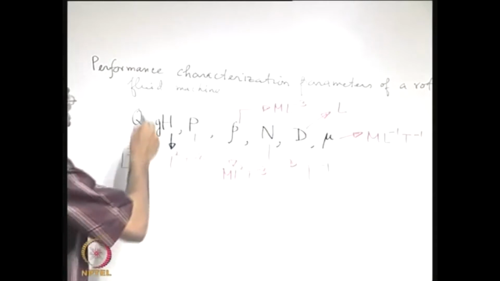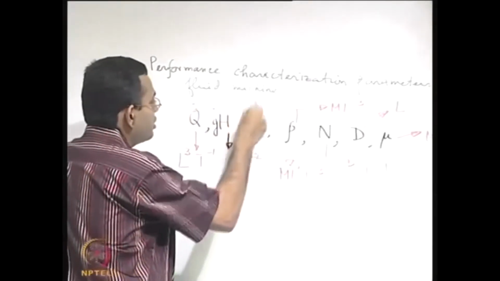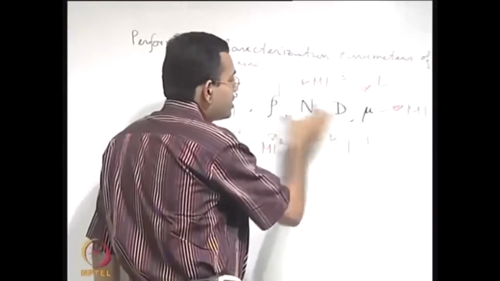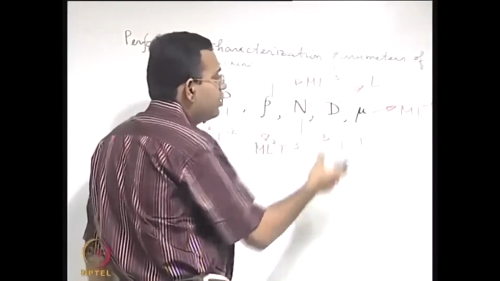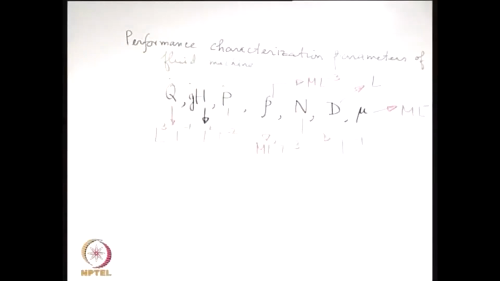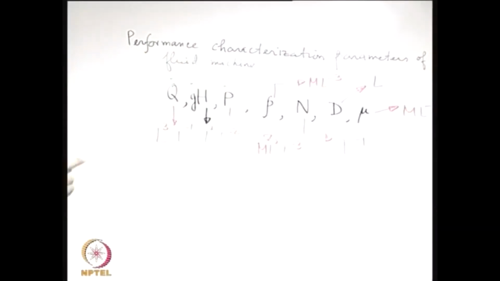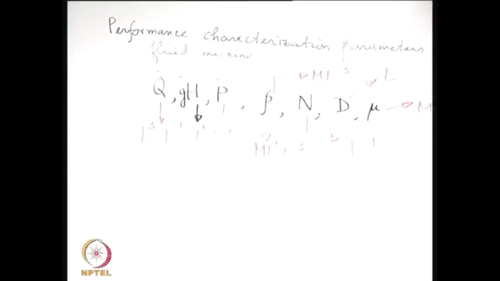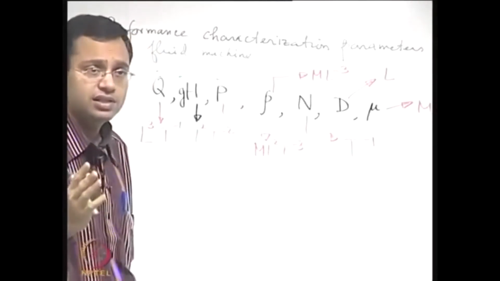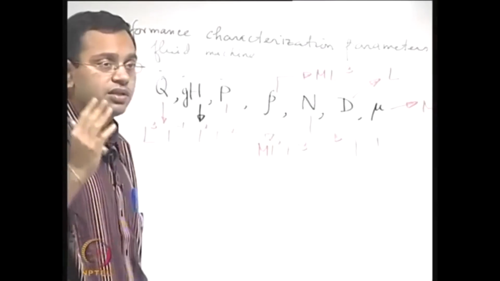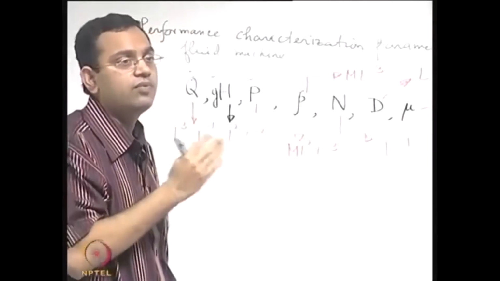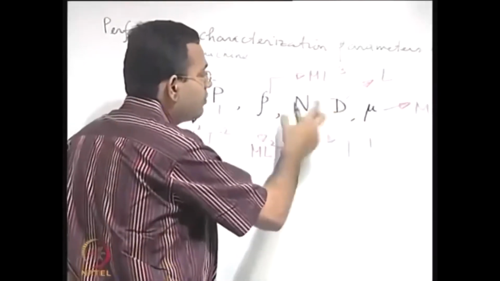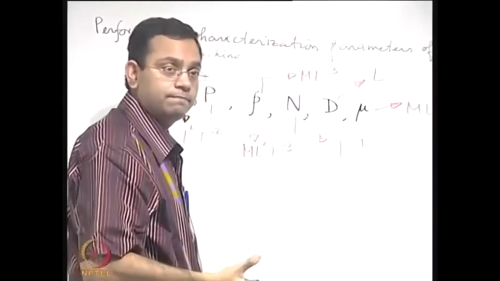So that means you should not put this q, g, h or p as repeating variables. So you have really 4 possible parameters, out of which any 3 you can take as repeating variables, but you must be sure that when you consider the collection, the collective repeating variables should contain all the dimensions, none of the repeating variables should have the same dimension and none of them should be dimensionless. And here you can see that any 3 out of these 4 if you choose, that will satisfy that, right.